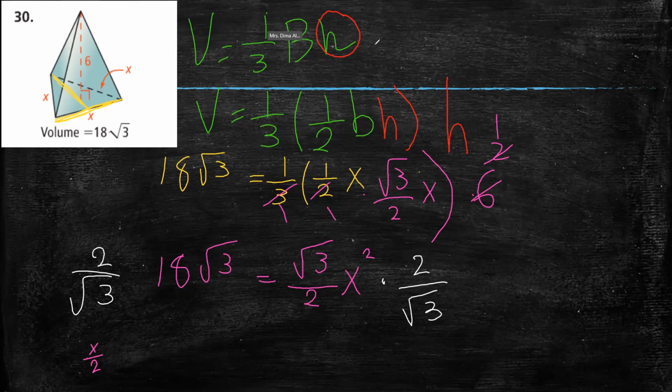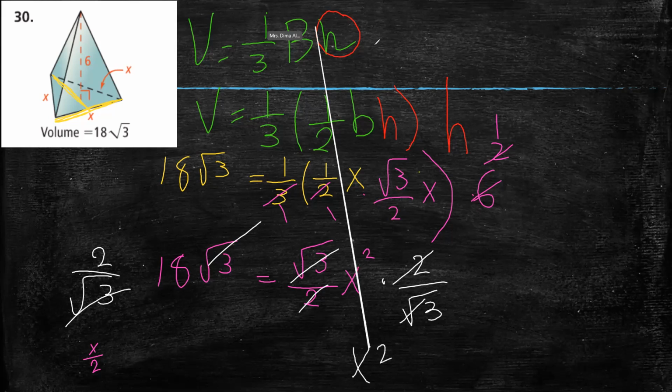Yes, I told you we can just cancel them, but I want to show you how, by multiplying by the reciprocal. So they cancel each other here. So x squared is